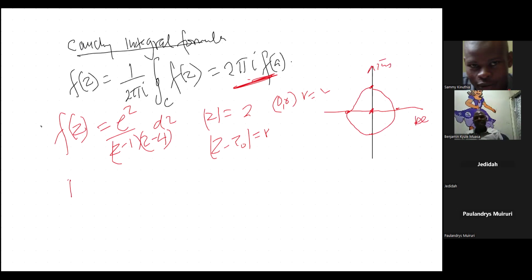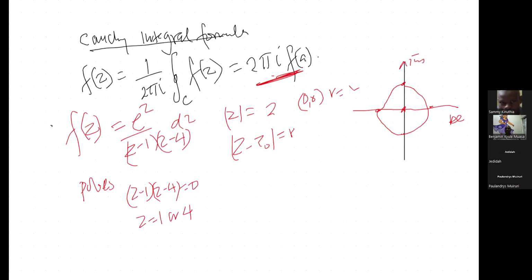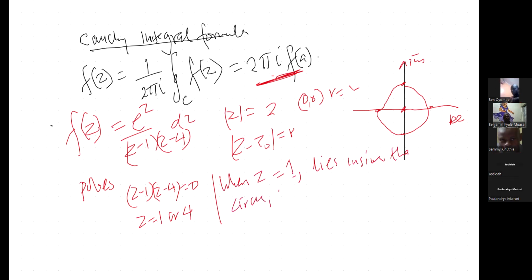Now the other question to ask yourself: the poles. So we equate the denominator to 0. (z minus 1)(z minus 4) is equal to 0. So you can see that z equals 1 or 4. Now you ask yourself, are these numbers inside the circle or outside? When z is equal to 1, it lies inside the circle. And when z equals 4, it lies outside